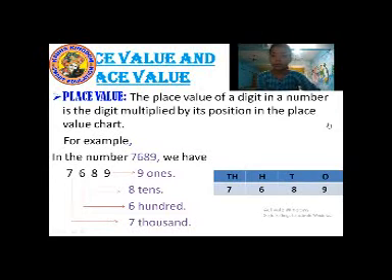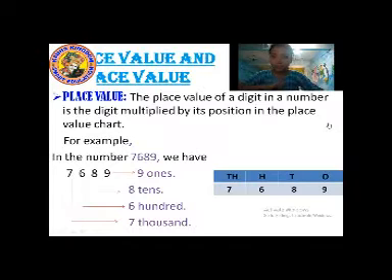Now we are going to learn about place value and face value. Place value: the place value of a digit in a number is the digit multiplied by its position in a place value chart. For example,